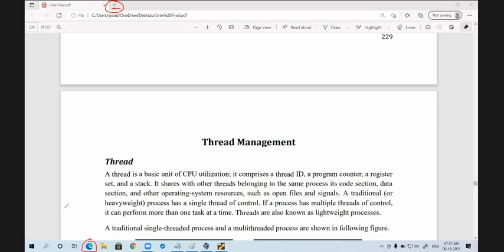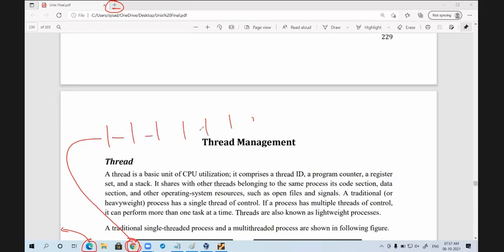Now, can you tell me what is the use of this application? Chrome, web browsing. This is also for web browsing or for documents or whatever it is. When you open this application, you can open multiple windows.